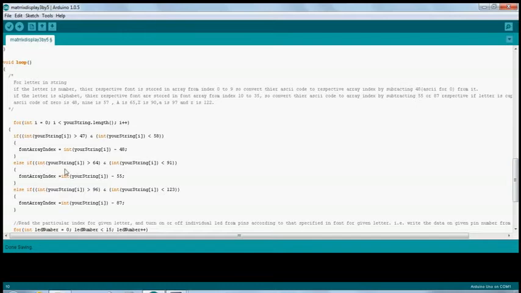Else if your string i is greater than 64. Greater than 64 means let us assume 65. 65 is capital A and it is less than 91.